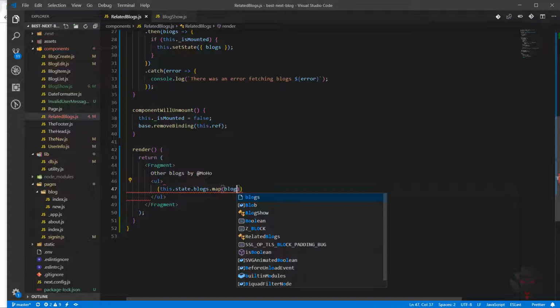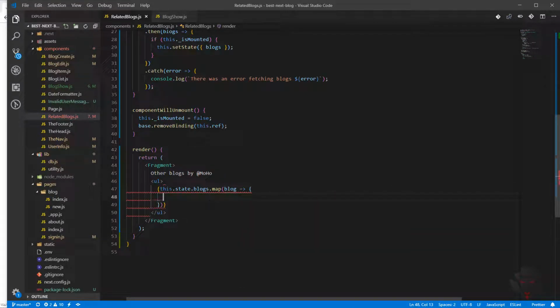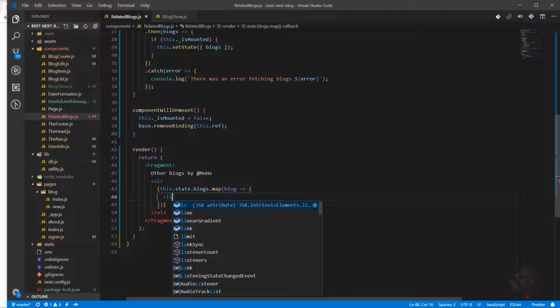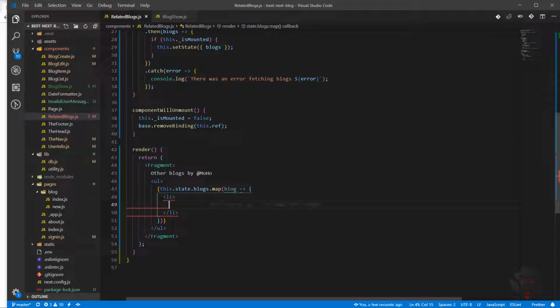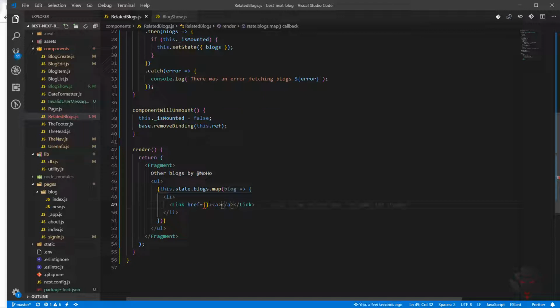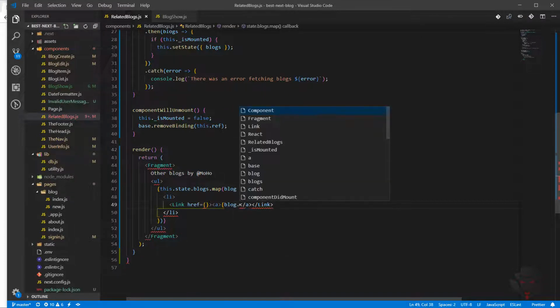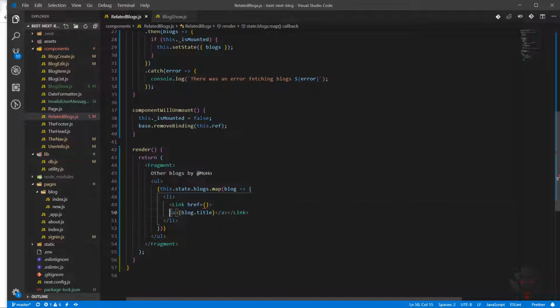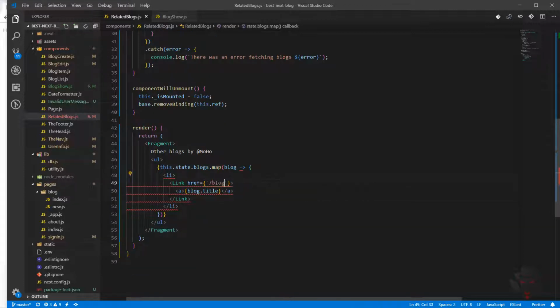Now we're going to have every blog, and for every blog we are just going to return li, and inside li we're going to return a link, which href will be coming back and write this one in a few seconds. And then we're going to have an a tag, and inside a tag we're going to have blog.title. So let's just quickly go the next line, and inside href we are going to /blog, and we have the blog slug, so very simple,